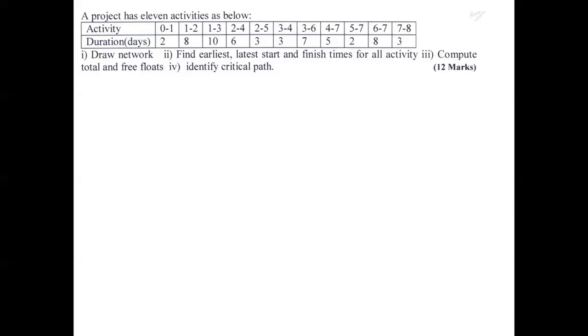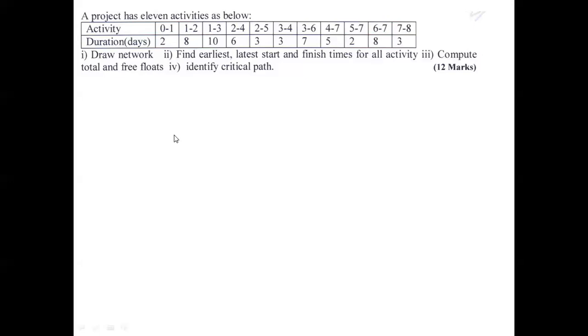Based on that, first, as it is asked to find the network diagram, we need to draw the network diagram according to the precedence relationship. As we know, these are 0, 1, the numbers on start event and end event. 0 is the start event and 1 is the end event. Then this end event becomes start event for the next activity, and it ends on second with the number 2. Like that, the precedence relationships are given based on the numbers on node. Then the corresponding duration in terms of days is given. So let us start drawing the network diagram.